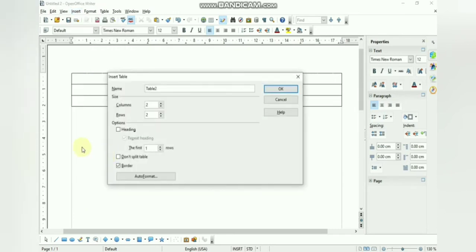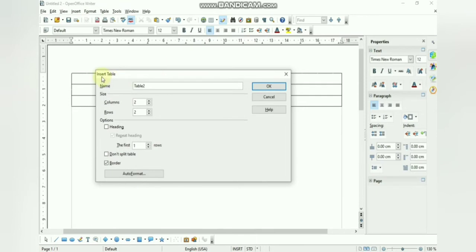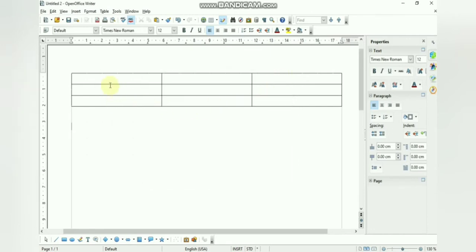Clicking on this option, the Insert Table dialog box will appear on your screen, and here the default name of the table is Table 2 because one table is already inserted. You can specify the number of columns and rows you want to insert, and then click on OK, and a new table will get inserted. We will not be inserting a new table as we have already inserted a table over here.